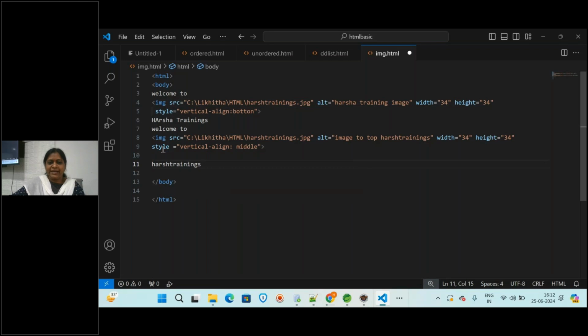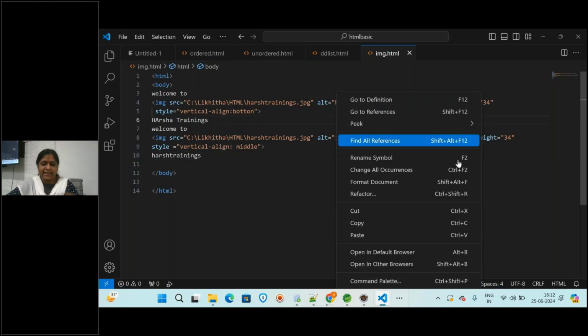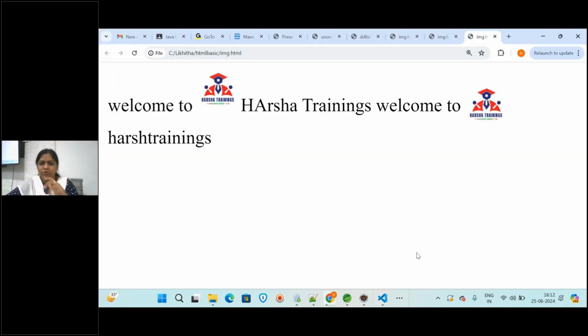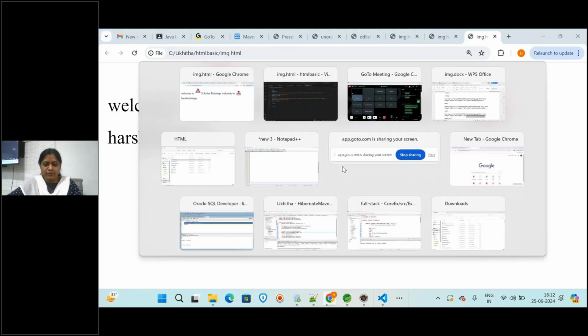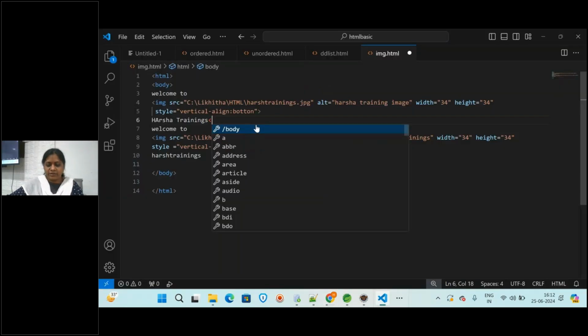So whatever we write in between the text, it will be aligned. So now I will execute and show you, and later we'll update again. We are learning about the style tag here. You can observe I will display with the break tag so that you will be knowing better.